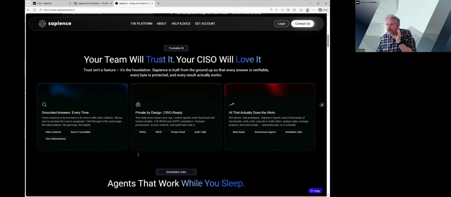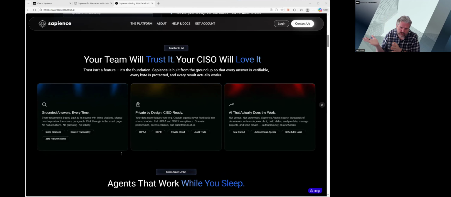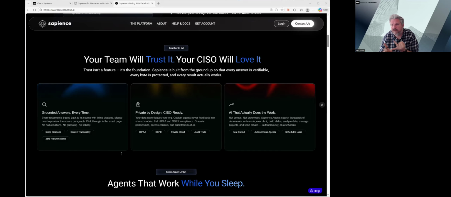So I won't go too deep on this now, but if this interests you, put a note in the Q&A and we'll reach out to you. But Sapience, we follow NIST CSF2. It's HIPAA compliant. We've got it deployed in the US federal government cloud. We've got many government clients around the world. The largest sovereign wealth fund on earth is a customer. Many Fortune 500 companies are customers. Several national governments are customers. Can all be deployed private cloud behind the firewall, air-gapped. So it's a platform that your team can use and trust, and it's a platform that your head of security can be happy with.